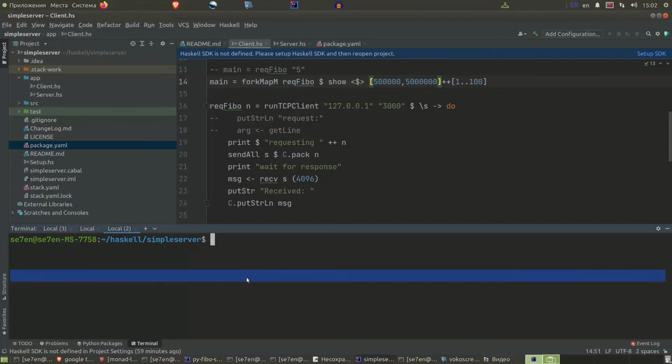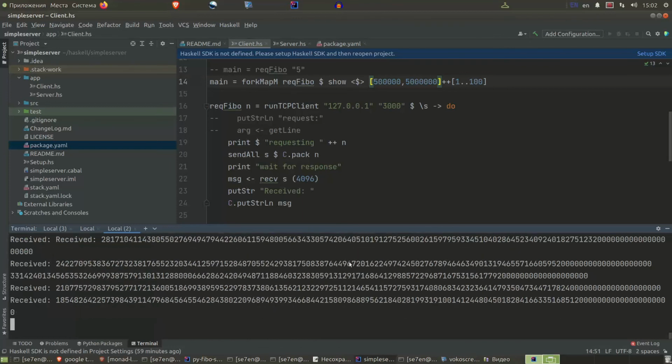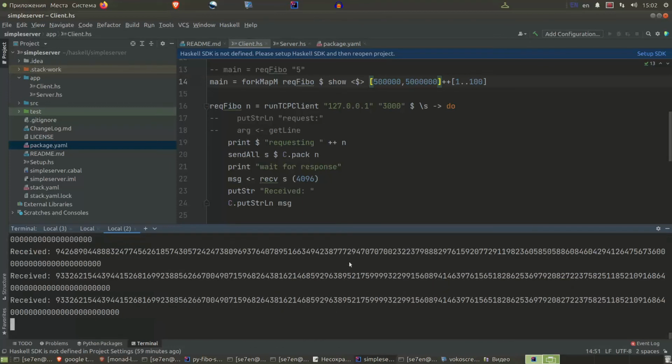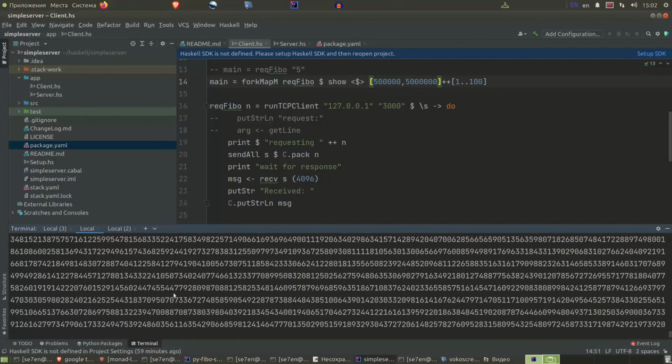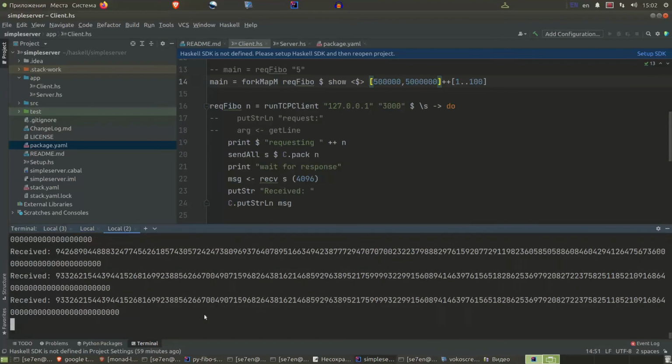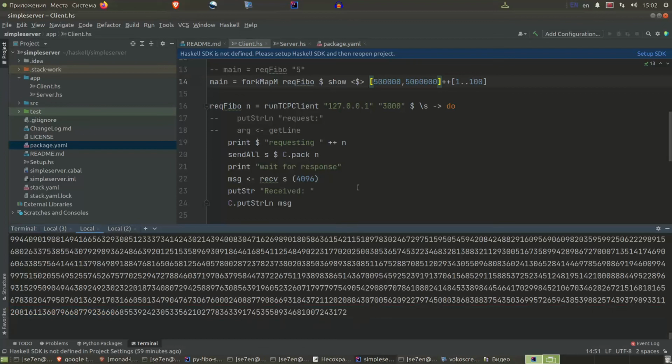Let's start another client and see what happens. Stack run client, doing the same tasks. Okay, and we can see that this client also receives all its small tasks and hangs on the big tasks. It gives me some response here, and here I have some zeros. I don't know why. Maybe there's some mistake in the encoding of the data, but this doesn't matter in this video. The main point here is that